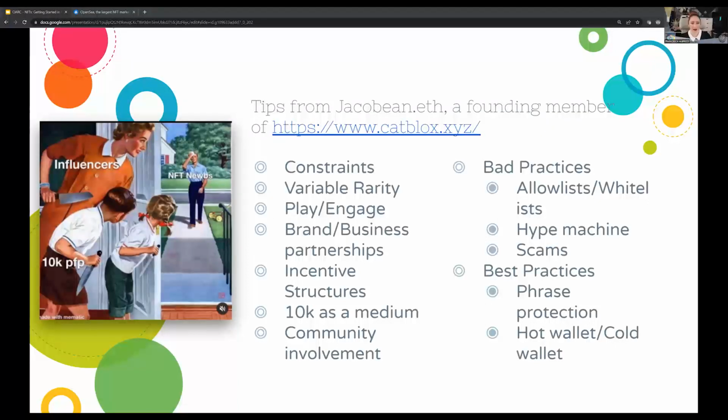There are also some things to be on your guard for when getting involved, and there are practices that are frowned upon. So some of these are things like allow lists or whitelists, get lists. It's essentially an exclusive pre-sale of NFTs, and these are sometimes at a reduced price. It can drive up prices and can become a form of gatekeeping in many ways.